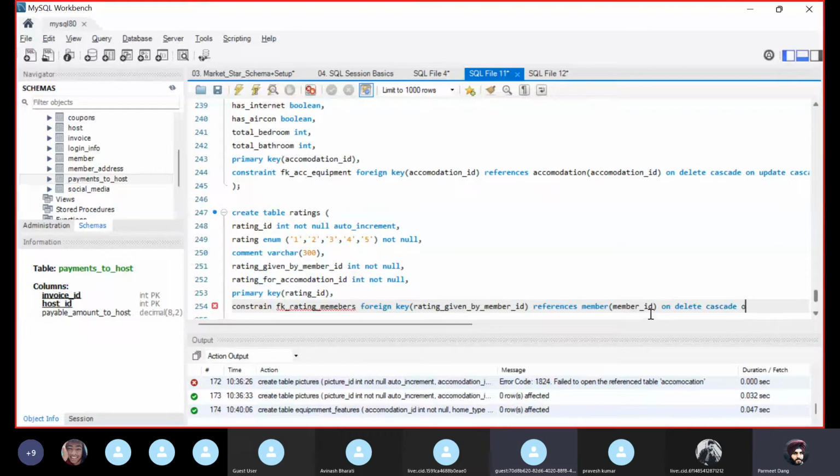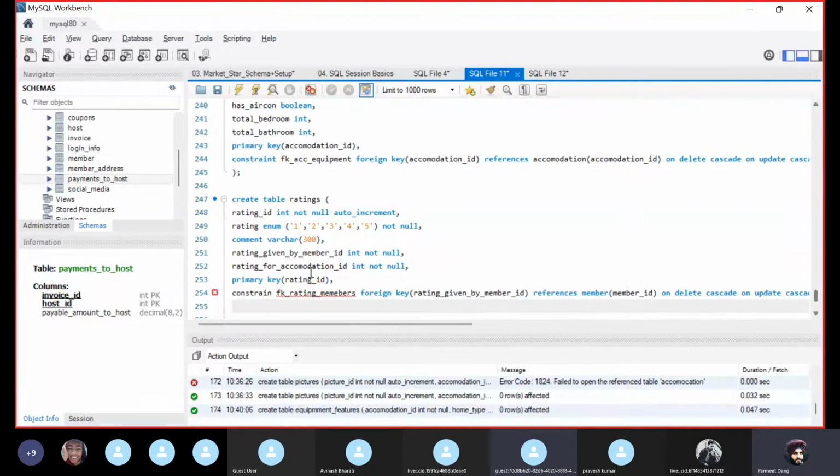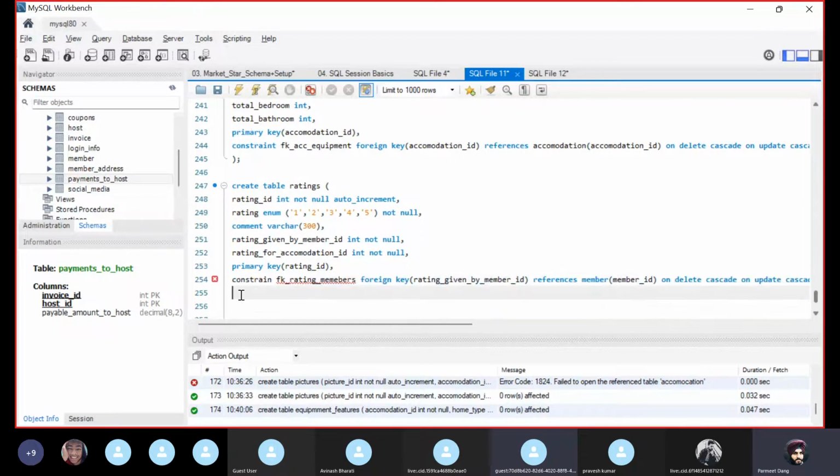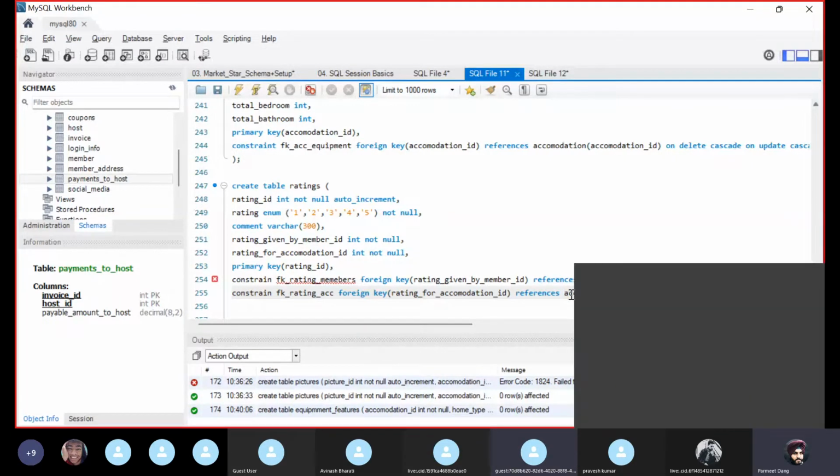Okay, on update cascade. So that's why I'm taking different scenarios, intentionally giving different column names. I could have directly given the members ID also. Okay, what is the error here? Fk underscore rating underscore members. Okay, I have given that. Let us give this accommodation rating ACC, accommodation ID, ratings for accommodation ID. I want to join it with the accommodation table, and which column? Accommodation